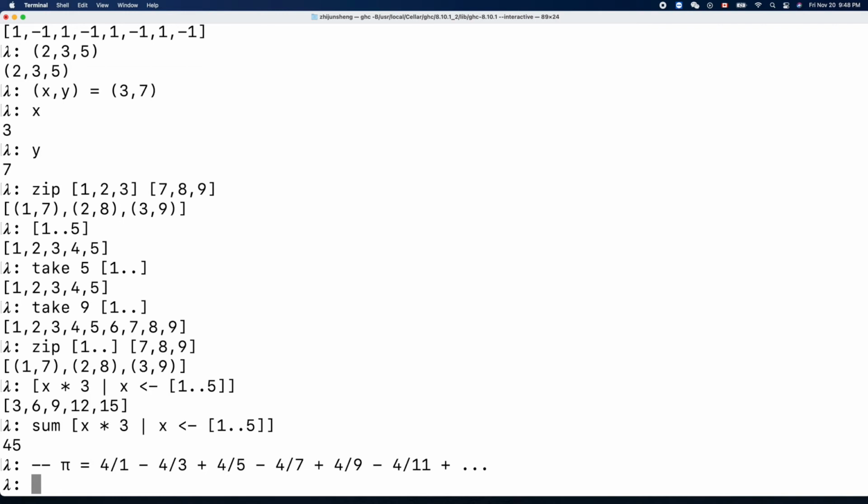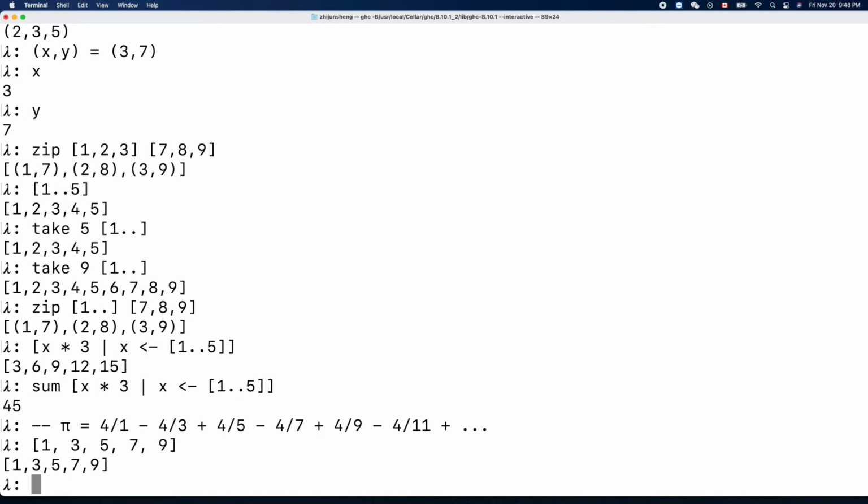Let's try to generate our list like 1, 3, 5, and 3, 5, 7, 9. Okay, let's try to generate this one using